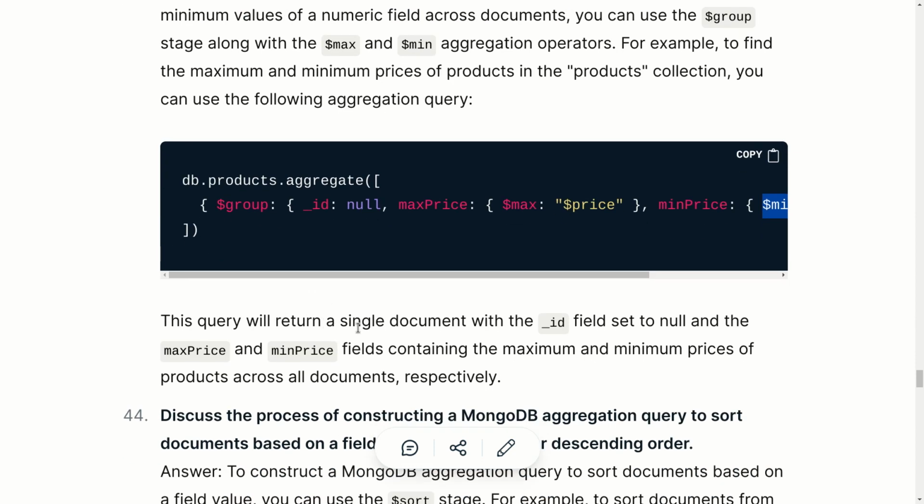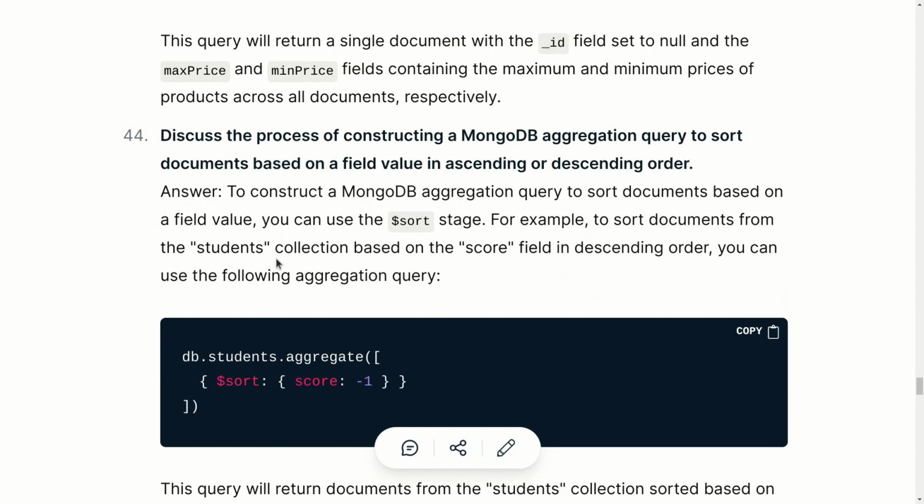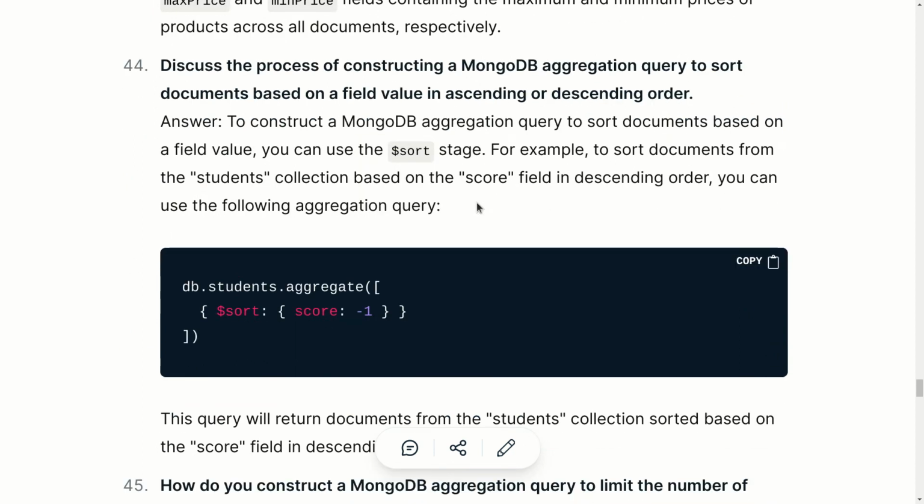And this query will return a single document with an _id field set to null and the maximum and minimum price fields containing the maximum and minimum price of the product across all the documents, respectively. Now the next question we have is, discuss the process of constructing a MongoDB aggregation query to sort the documents based upon the field values in ascending or descending order, right? To construct such a query, you can use the sort stage,